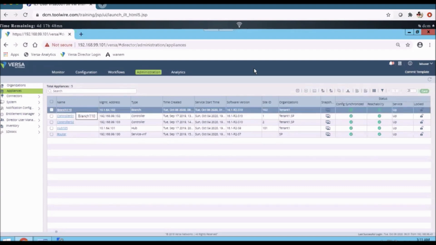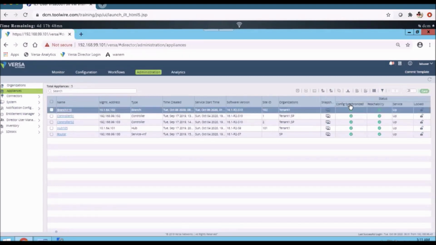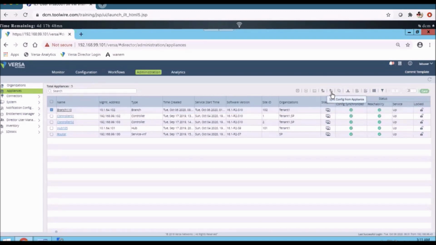Now I want to make sure that the config available on the branch is the same on the director as well. This is nothing but the sync config from appliance, push operation, pull operation, both options. These will only rectify the config changes, so they will not affect anything at the template level. This is only the configuration that is available on the director and on the branches.